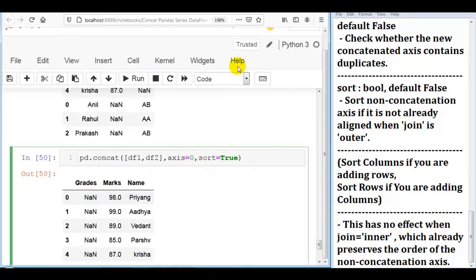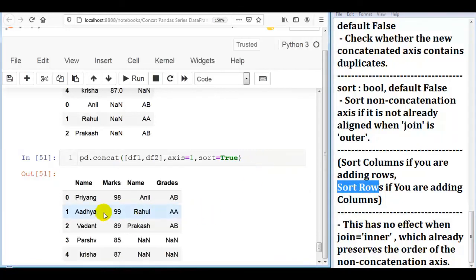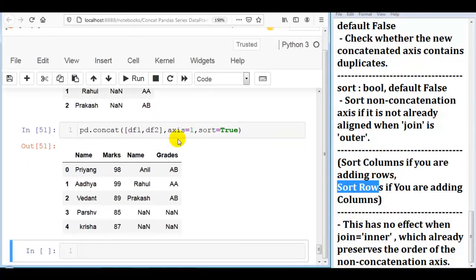If I pass axis equal to 1, meaning we want to concatenate two data frames horizontally, then the sort method sorts rows because now we are adding columns. So now let me execute this cell. As you can see over here, because we have added columns, rows are sorted.